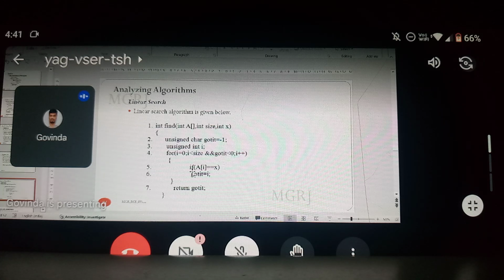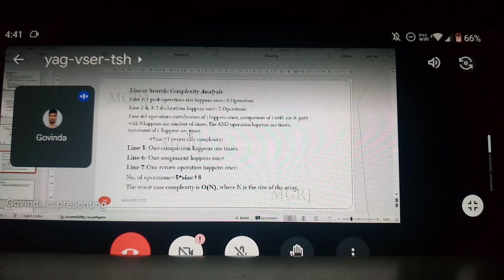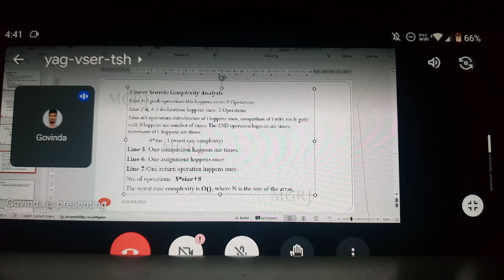So the total complexity of this algorithm varies in the linear sense with respect to size. Size is the number of elements we are passing. Okay, so this should not be n, this should be size. The size indicates the number of elements in which we are